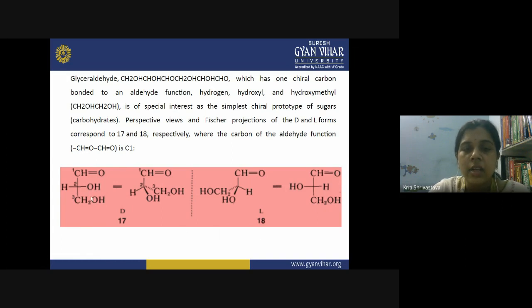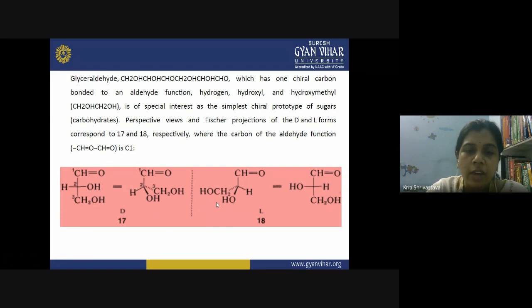So let us convert the formula into this type of structure, and now we will draw an imaginary mirror and draw the mirror image of the molecule. When you are drawing the mirror image, this CH2OH will come first, and now it is present exactly opposite to its earlier position. So now the configuration has been drawn, and you get the 2 enantiomers which are mirror images of each other.